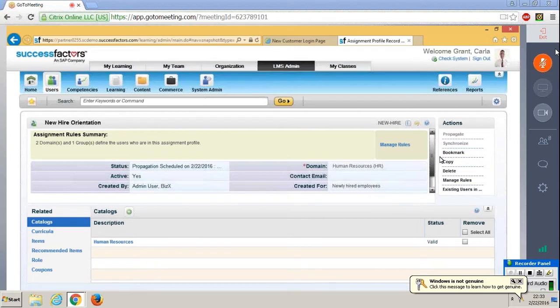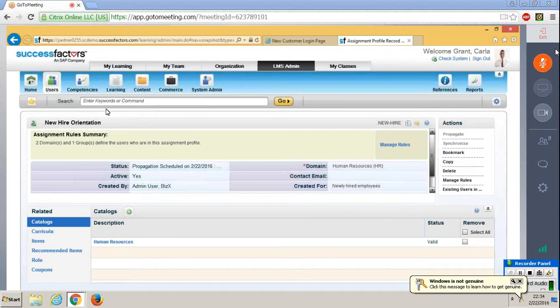So, but tomorrow morning, you are only creating some users in the LMS system, and you don't want to wait till the end of the day or till midnight or for the next day, but you want that to happen today right away. You can always go and click on the synchronize button. The moment you synchronize it,